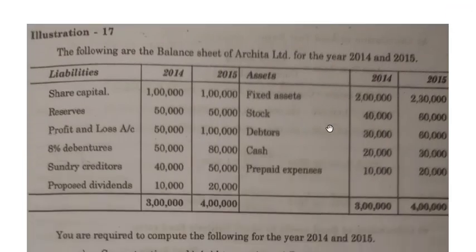Now last but not the least, they have told us to calculate working capital ratio in the question. So working capital ratio formula is cost of goods sold divided by net working capital. So cost of goods sold we calculated, which is 1,60,000 divided by net working capital, which they have given in the question, 50,000. So it is 3.2 times. Moving on to our next question.